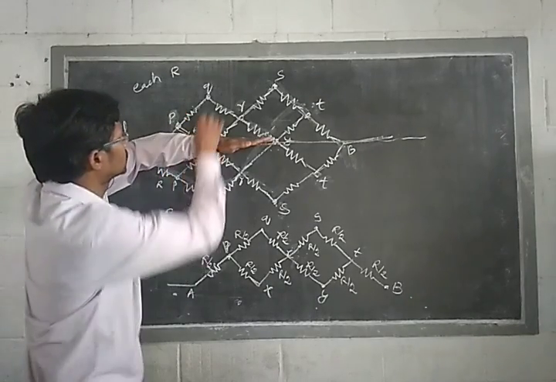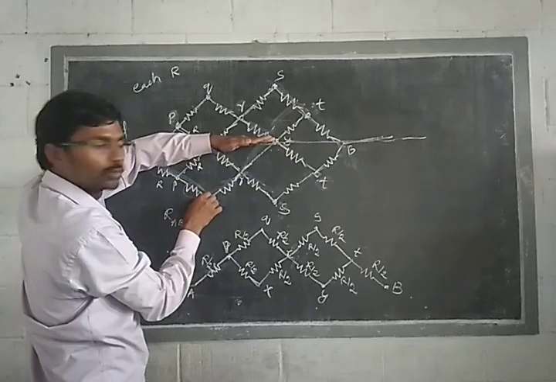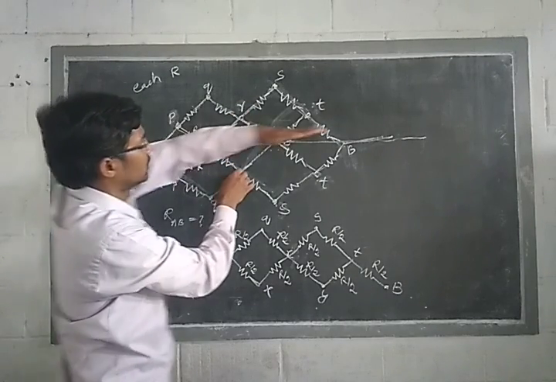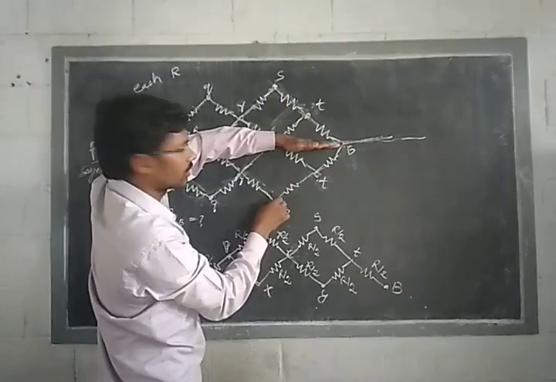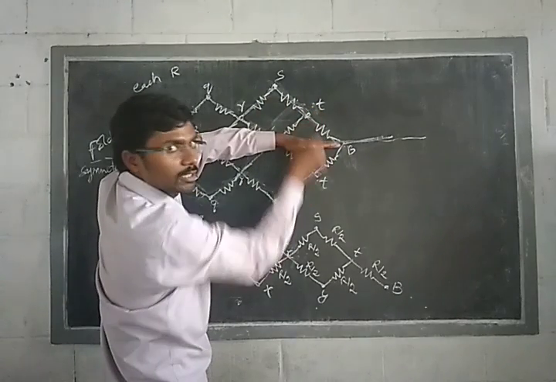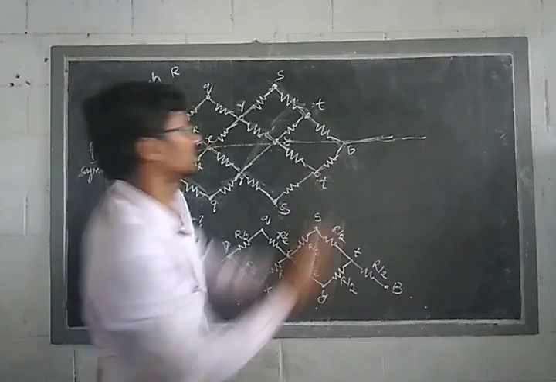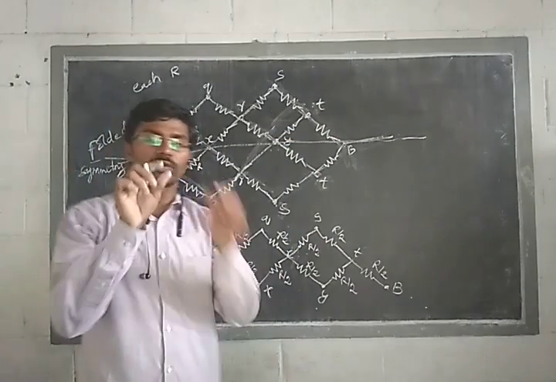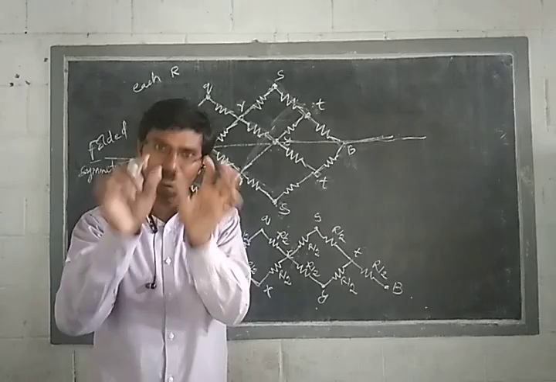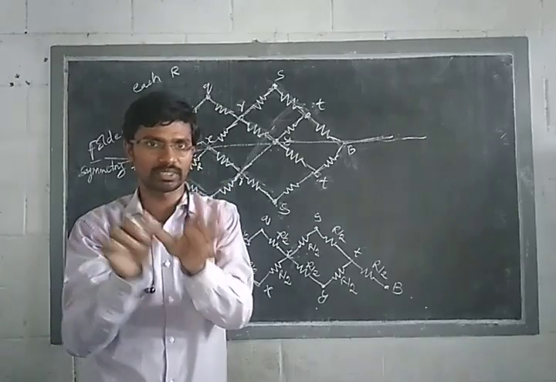Okay. Next, here Q means here also Q. Next, here R means here also R. Next, here S means here also S. Here T means here also T. That means exactly the bottom part is the same as the upper part. This is V. Now we are saying that when you have taken the same points, those two have the same potential. That is what folded symmetry means.